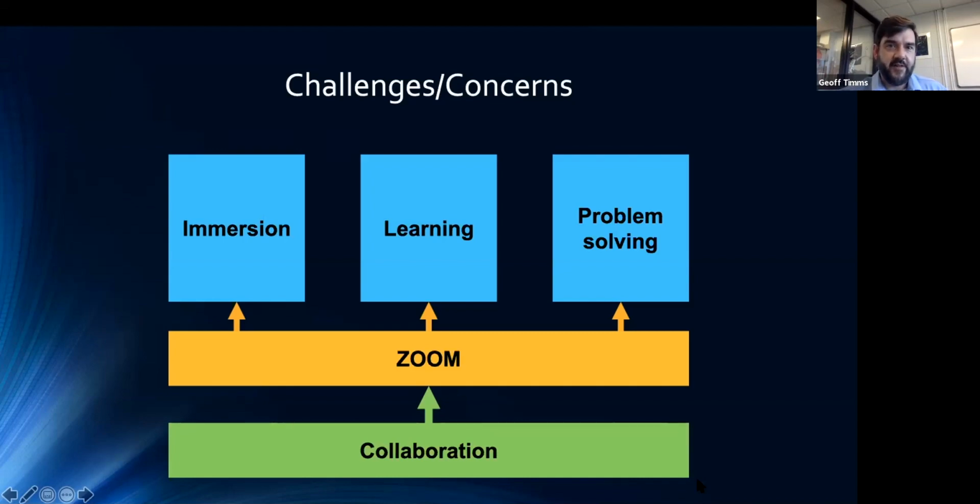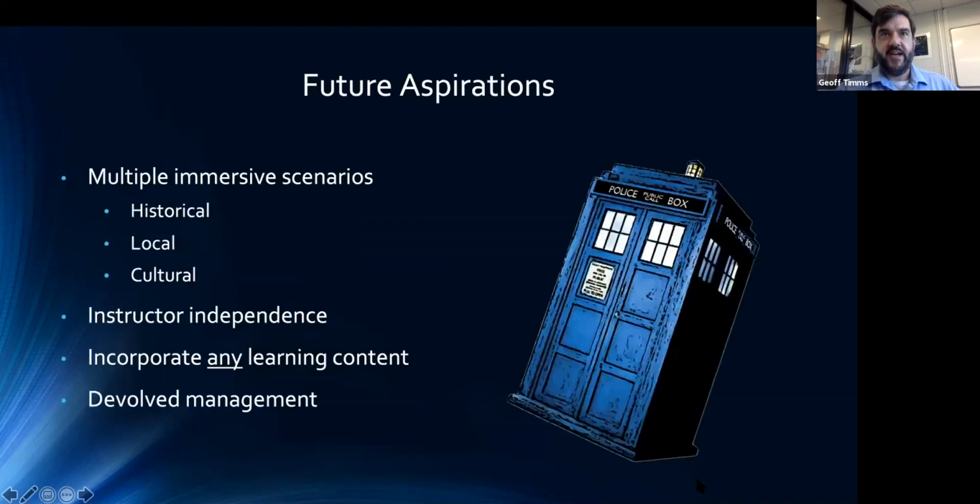Now, talking with colleagues at other institutions who've already undertaken collaborative remote execution of database searching team activities, we do have cause for optimism that our students are flexible and can adapt to such a scenario and function in this environment. We have lofty future aspirations for this game. We want to expand into multiple scenarios, especially including local history and culture of the Charleston, South Carolina area, as well as broader areas of interest. For example, a French resistance scenario in World War II. But we're very much aware of just how much time and effort it takes to do this. This has been a huge undertaking for us.